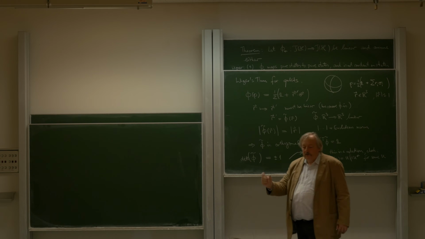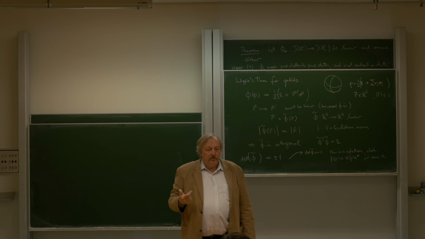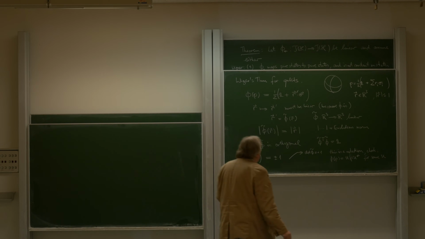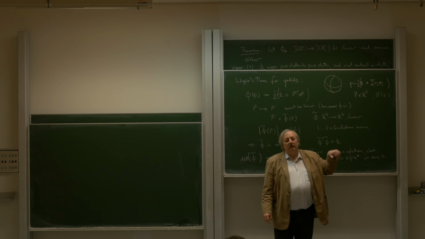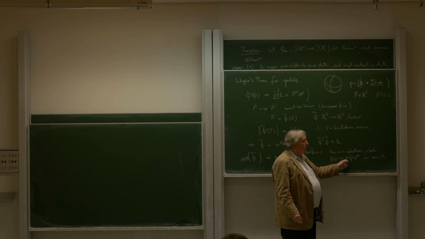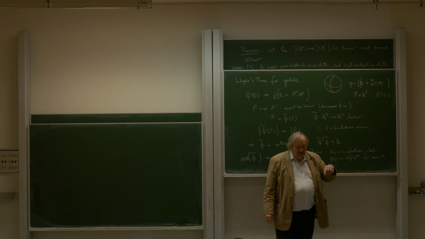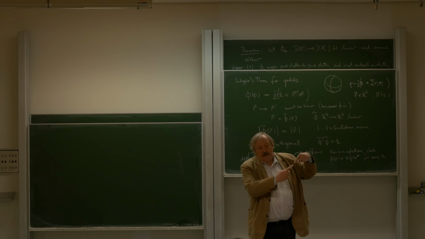If you make a rotation in SU2, that is, you take an arbitrary unitary operator, we can take it to have determinant 1. Right? Then what does it implement? It will also make such a map. And you just go through your table and see that you can make a rotation around any axis by choosing u properly. Right? Basically, you choose, if you want a rotation around a particular axis, you take the angular momentum